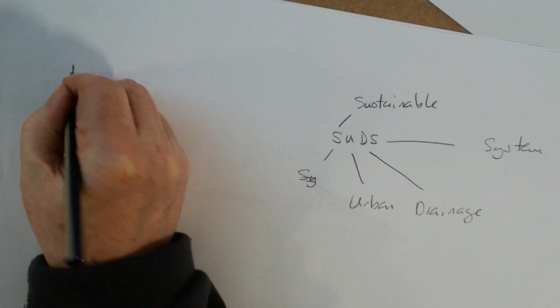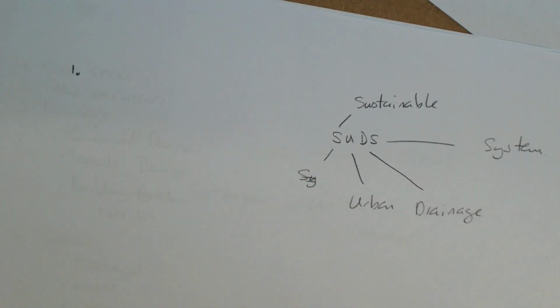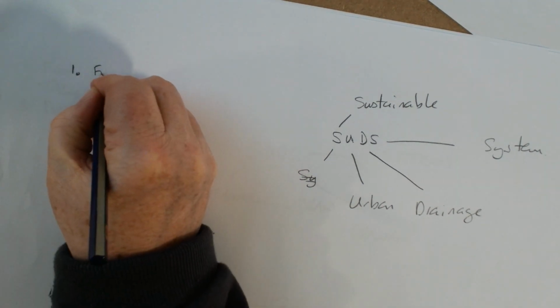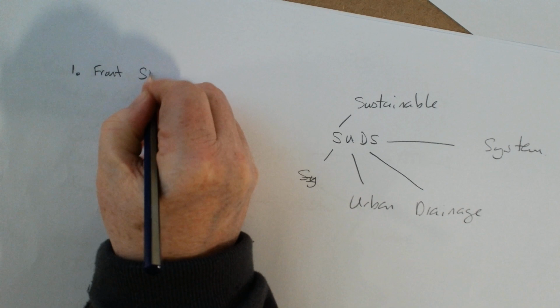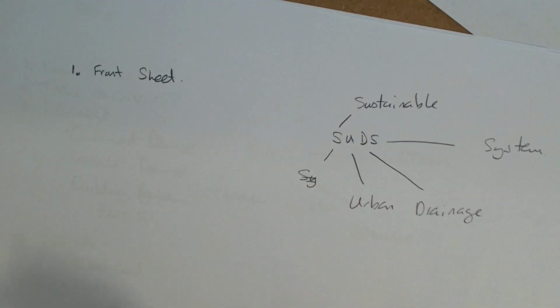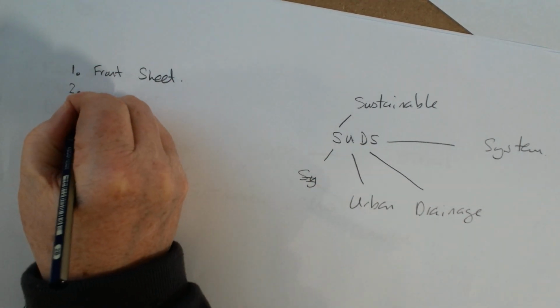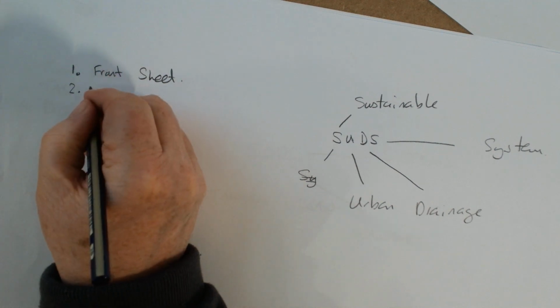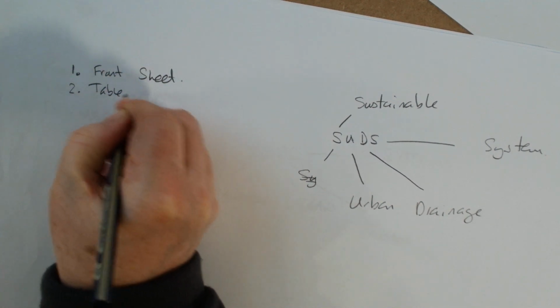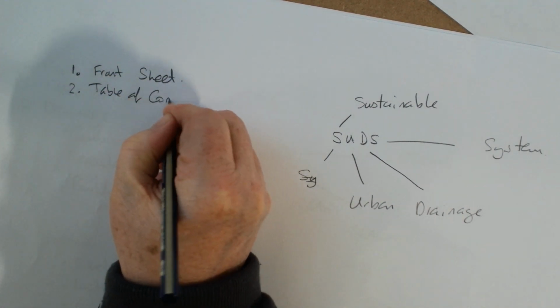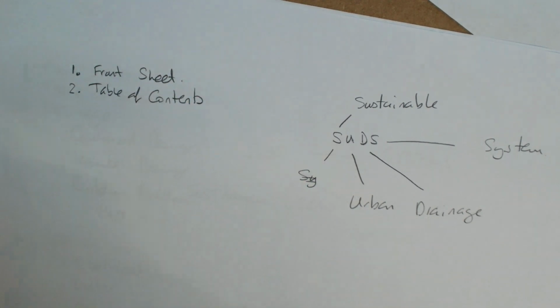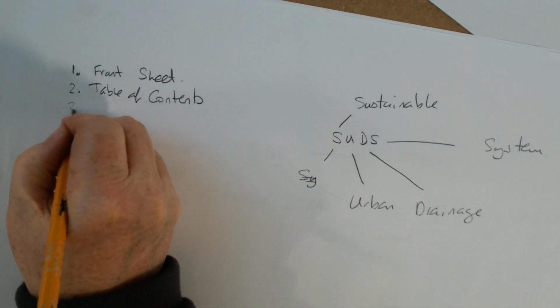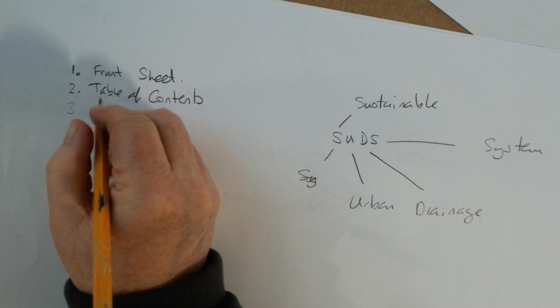So, for the report, we need a front sheet with an image and your name on. I can't stress that enough. 2, table of contents. 3,